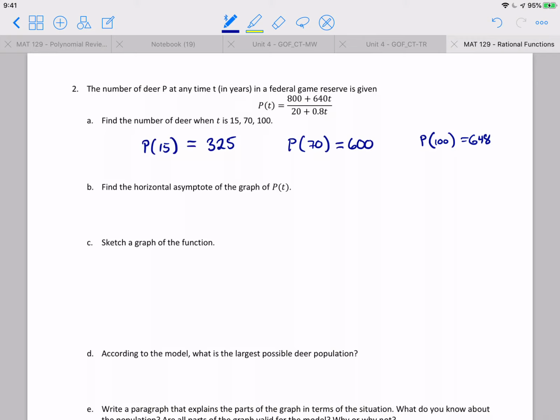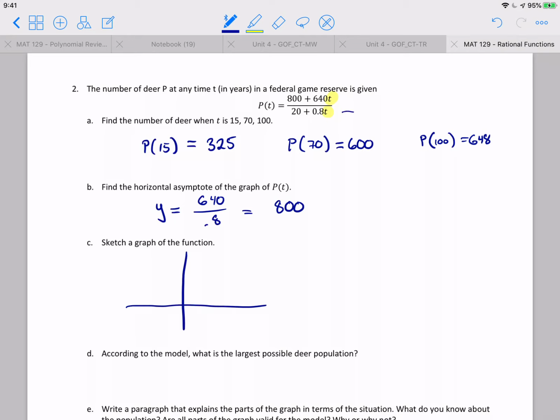What's your horizontal asymptote? Well, the degree on your top and your bottom is the same, so your horizontal asymptote is those coefficients divided, which is 800. And so what's this graph look like? Well, roughly speaking,